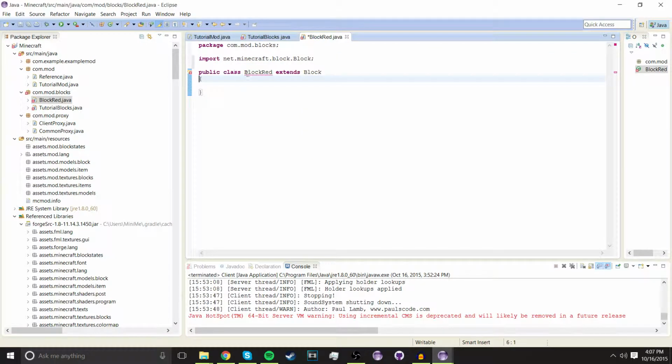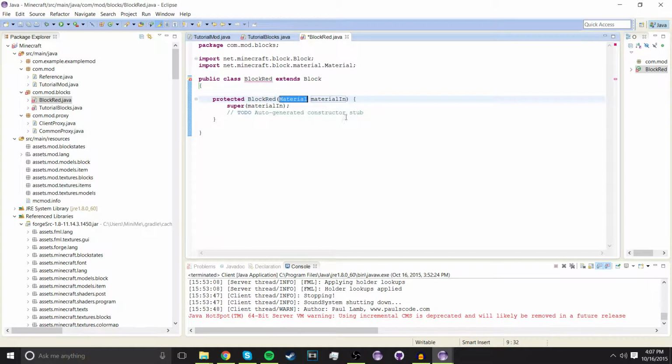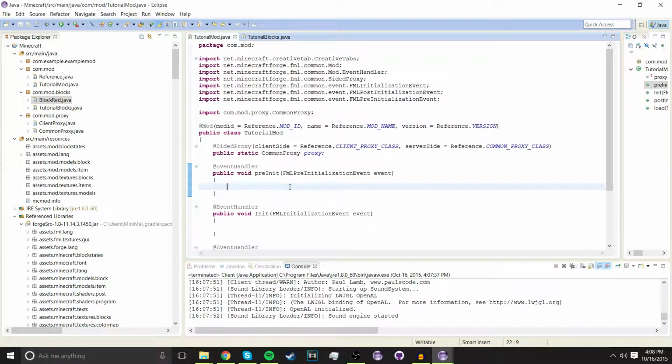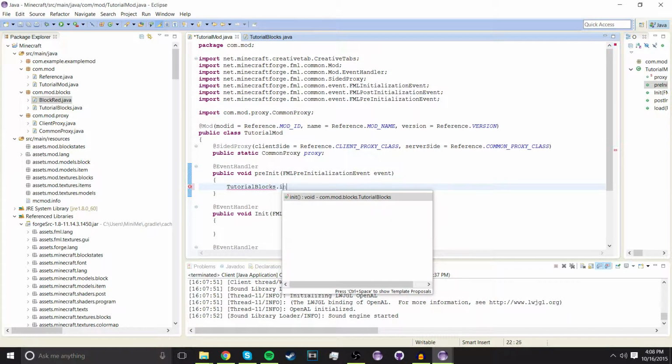We're going to import block, and then we're going to add constructor. And you don't have to do all this that I'm doing, I'm just cleaning it up more. And save that. Alright, so in tutorial mod, we're going to go under public void pre-init, and we're going to type the name of this class, so tutorial blocks dot init,